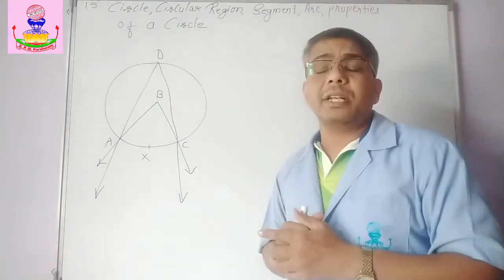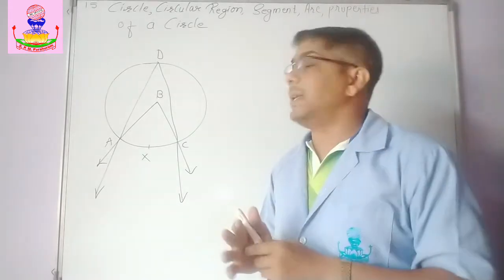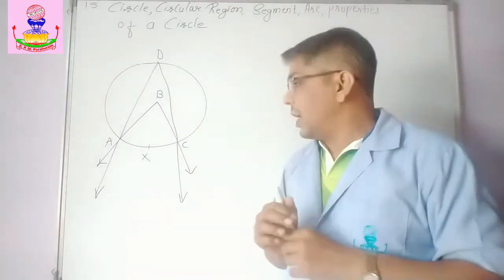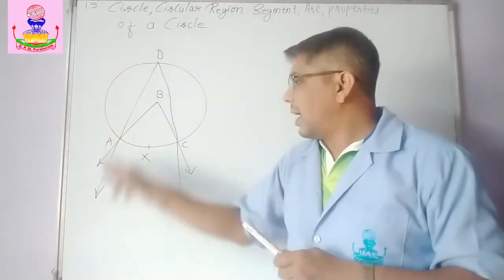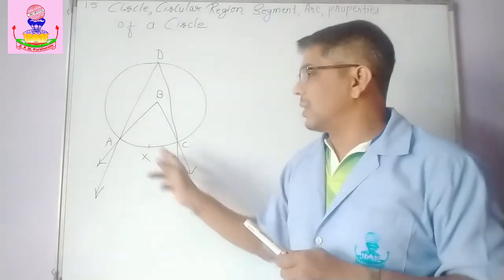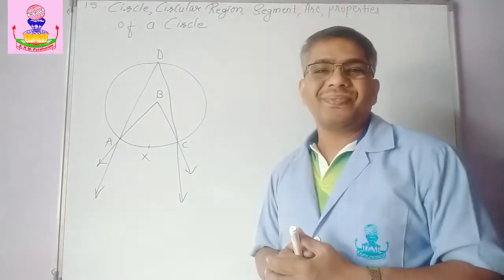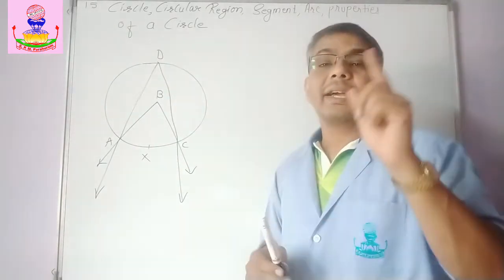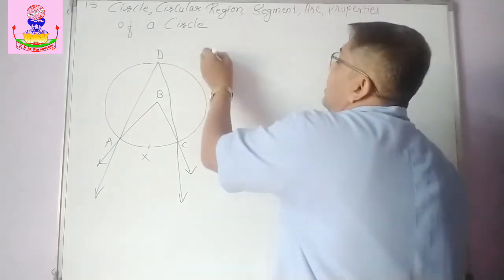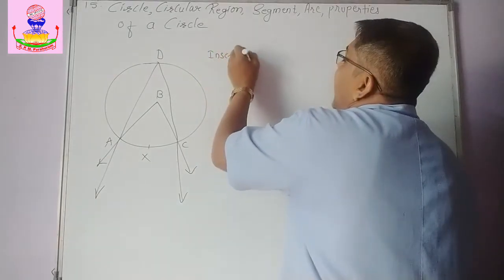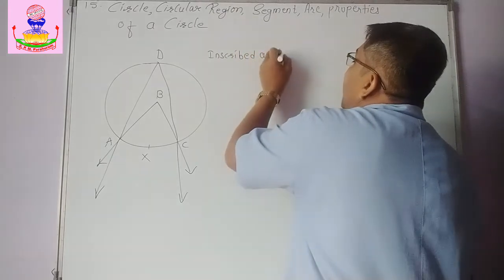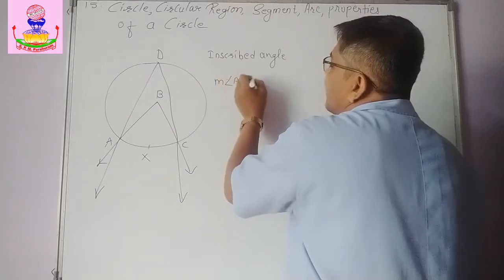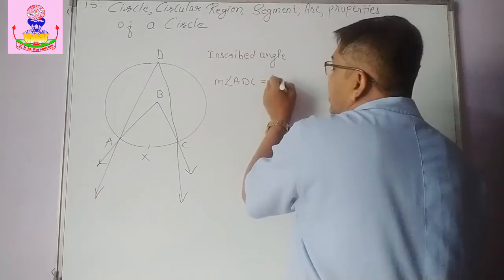So what is an inscribed angle? An inscribed angle is the angle whose vertex is on the circle, as well as the endpoints of the two arms, arm AD and arm DC, which you can see here are also on the circle. Such a type of angle is called an inscribed angle. And the speciality of the inscribed angle is that the measure of angle ADC is half of the measure of arc